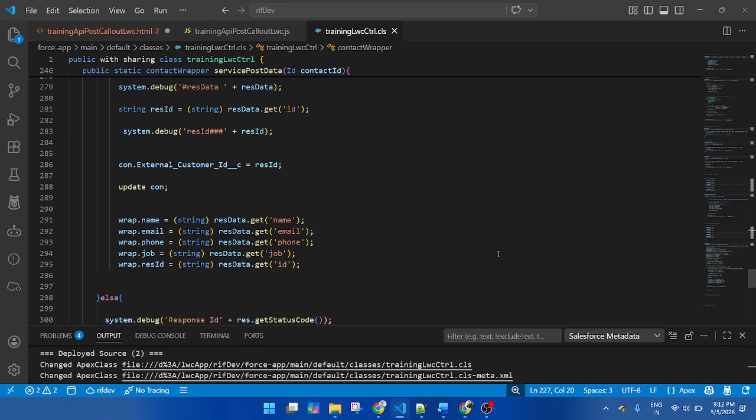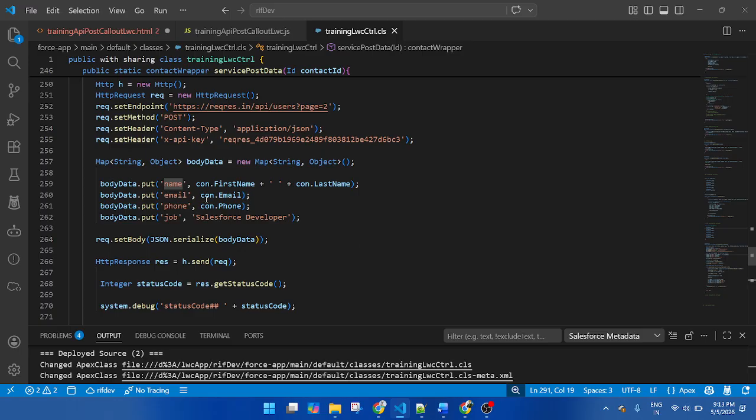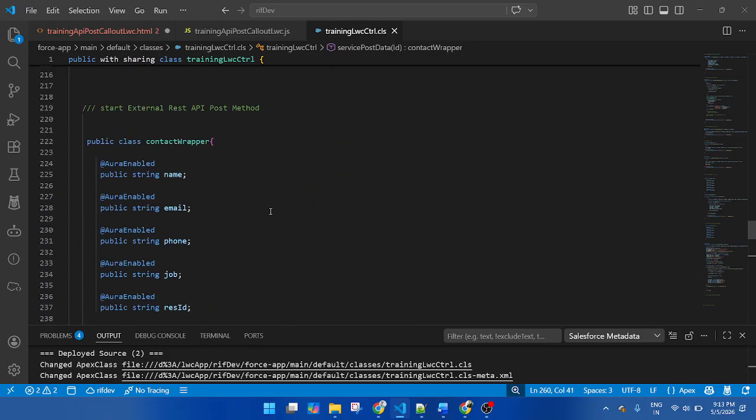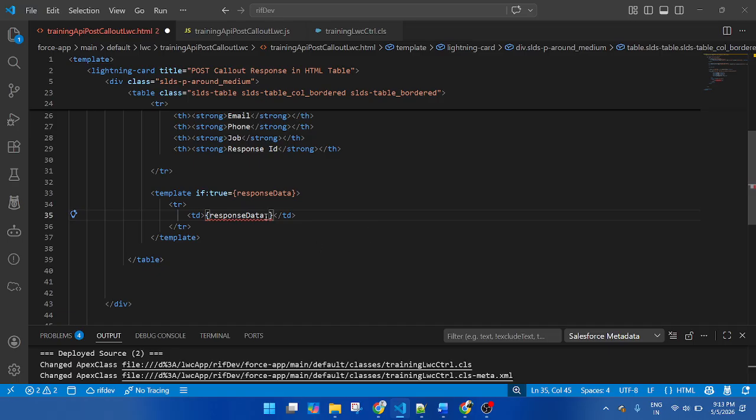Inside the wrapper fields I am assigning the values, so this wrapper field name I will call in the component. So in the component you need to pass the wrapper field name, not a contact field name.